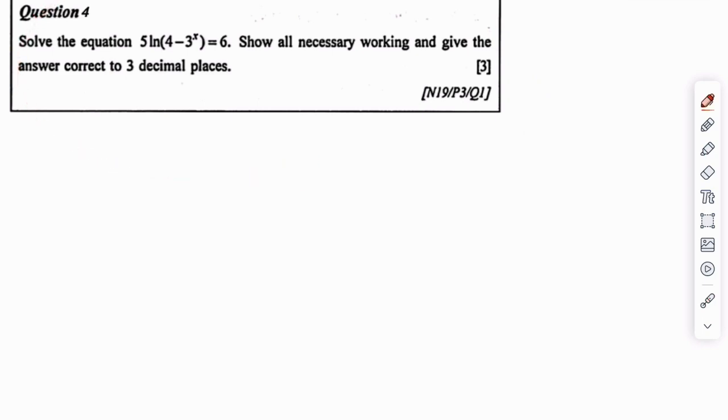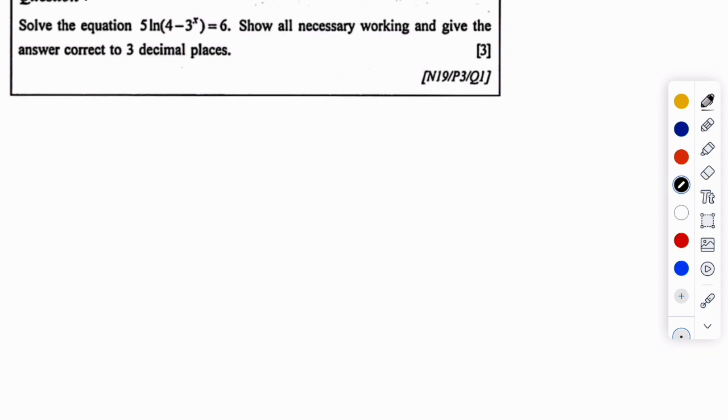So question 4, solve the equation 5 ln(4 minus 3^x) equals 6. Okay, cool. So it's a bit of a warm-up question, since it's going to get a little bit more difficult as we go further into this video. So let's start off by saying, fine, we've got 5 ln(4 minus 3^x)